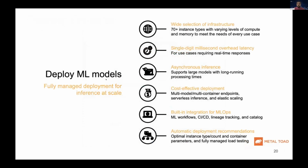So Amazon SageMaker offers 70 or more instance types depending upon your workload to choose from for your machine learning models. All of them offer single-digit latency, so you can expect real-time answers back from these models. Apart from that, all this integrates with MLOps. So basically, right from checking in your code to deployment could be automated with Amazon SageMaker. And sometimes it is challenging to understand which piece of code or which instances you would need for your machine learning models. That's where Amazon SageMaker offers automated deployment recommendations to help you identify the correct instance for your models. So you can see your entire ML pipeline, right from checking in the code through deployment, can be taken care of